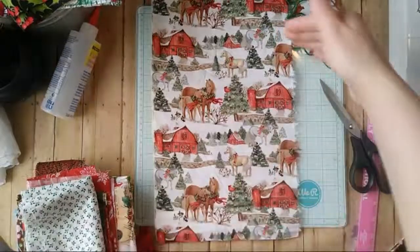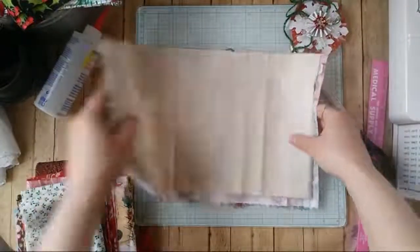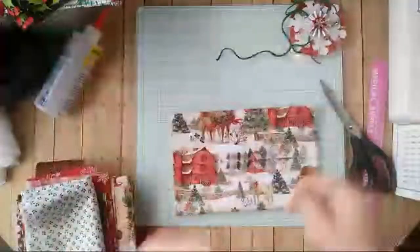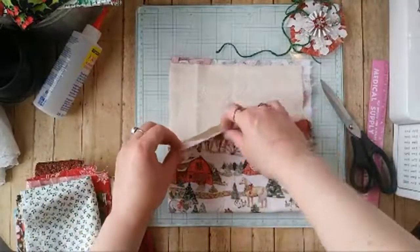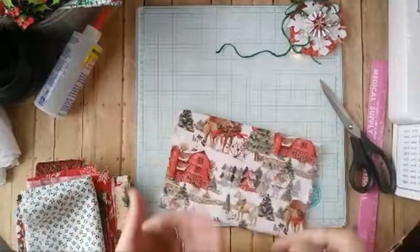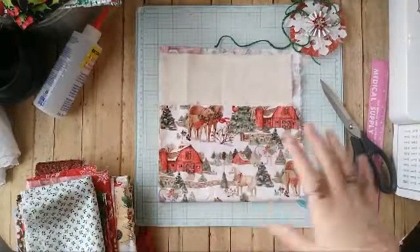But yeah, if you just want the one piece, you only need to cut the one long piece, the length of your lining. And so basically it makes it more sturdy and thicker, because a lot of these pattern fabrics that you get for the season, they're not quite as thick. So I mean, unless you have a super thick fabric. But anyway,